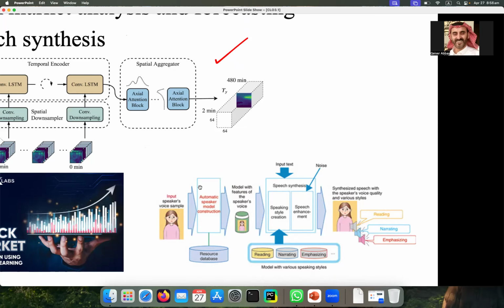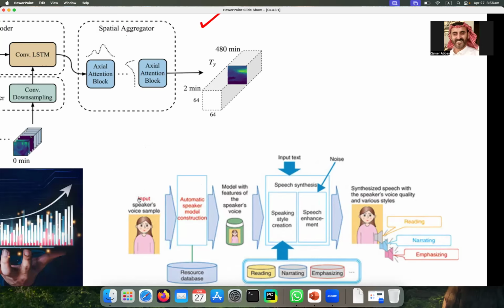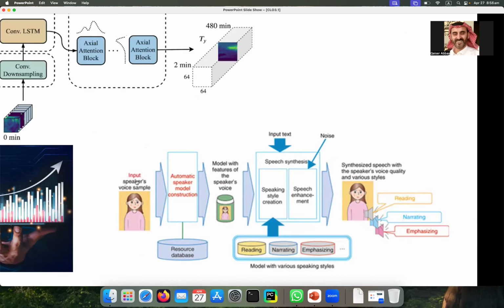So if you will see here, someone is speaking here, and then automatic speaker model construction. You have a database here, a database of speech. You have different samples of speech here. So from your speech, now you are identifying your features, and then you have reading, narrating, emphasizing, these different styles.